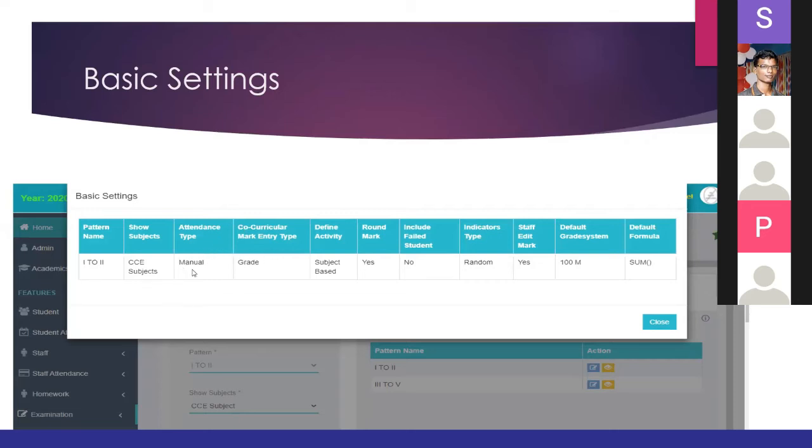Here I mentioned manual attendance entry and co-curricular grade, how they are going to enter, grade method or mark. Here I use the grade method and round mark, yes or no.